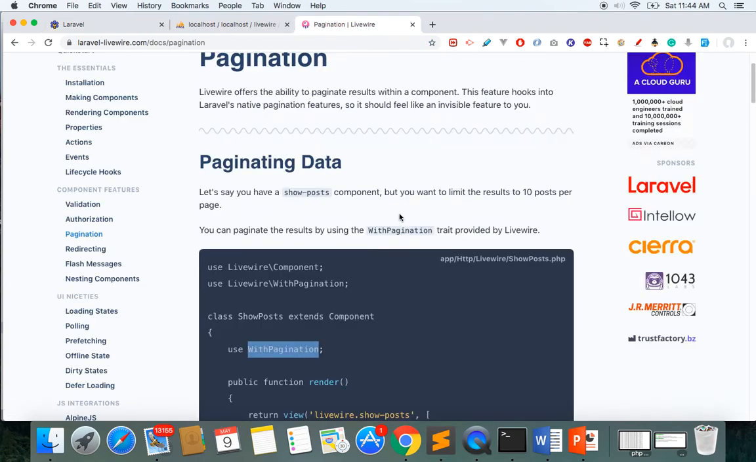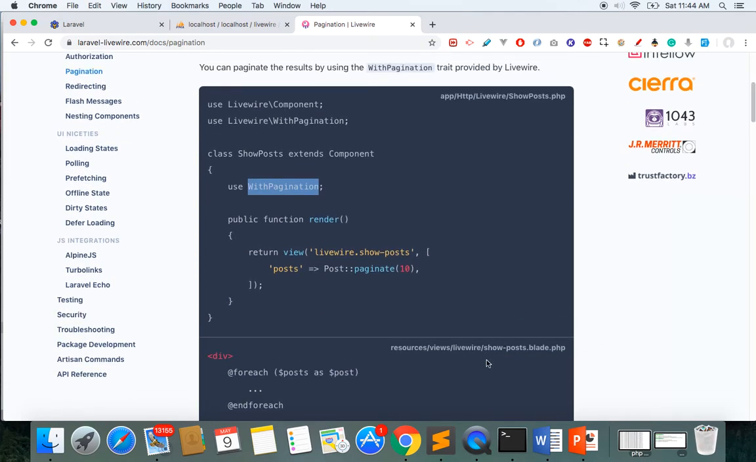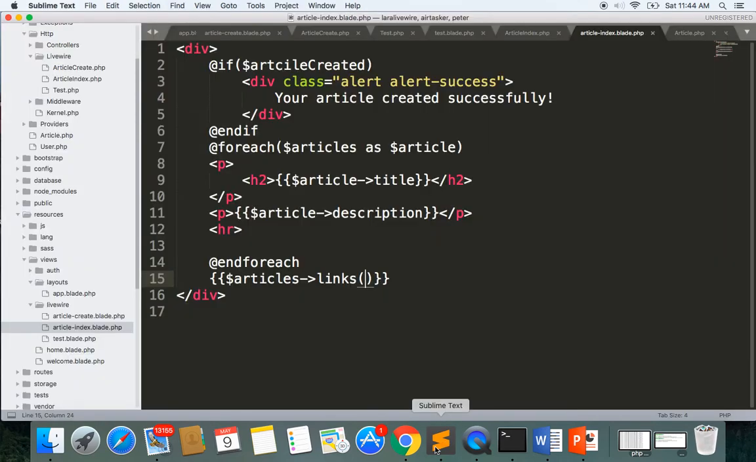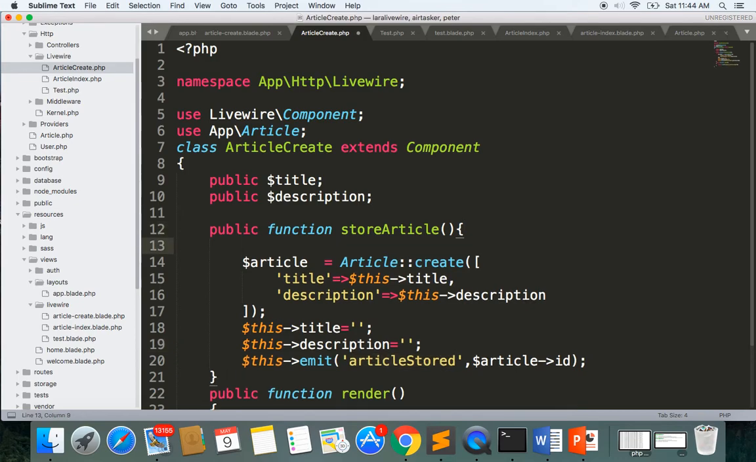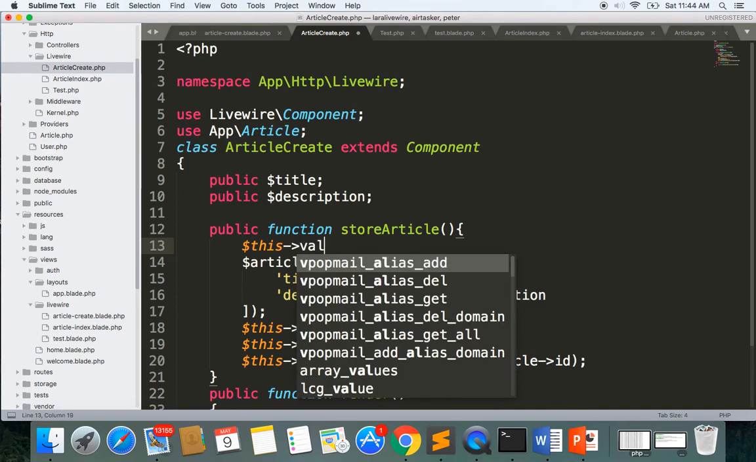So let's work on the validation. We haven't worked on the validation, and validation is also very easy to handle. To work on validation, we have to go again to our create method here in the store article, and validation is exactly the same as we do in Laravel. So we write this and validate,